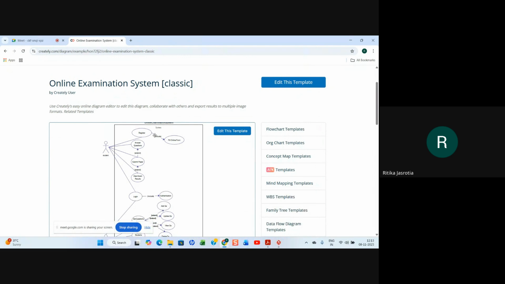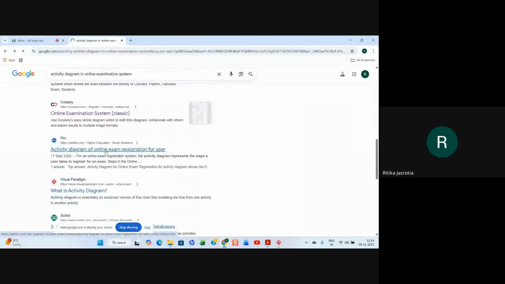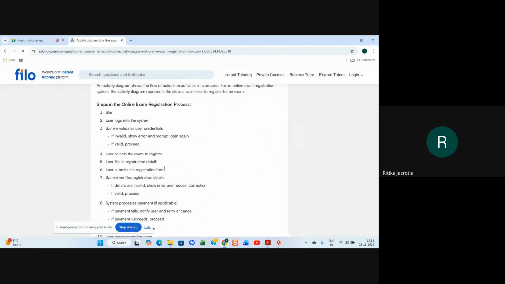You can make an activity diagram for one process also, like for registration. For answer questions you can make an activity diagram. For select paper you can make an activity diagram. So you can make a separate activity diagram for each process, or each use case in a use case diagram. But we are explaining a process of how a student